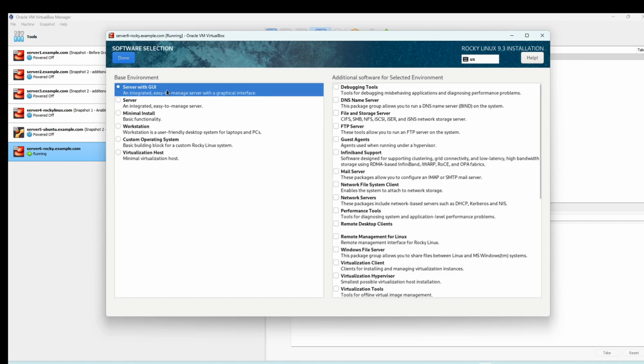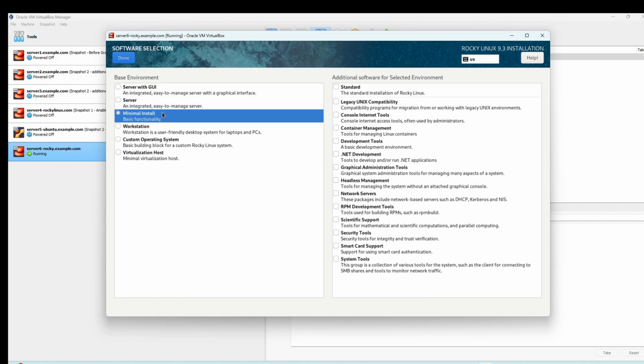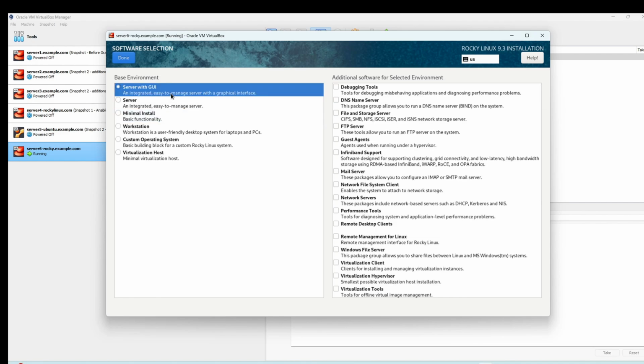So we are going to install it as it is, because what you do in minimal install you can also do in server with GUI. The only advantage here is that you actually have things that you can click on and you can open them as they are, like that. So we click on done,